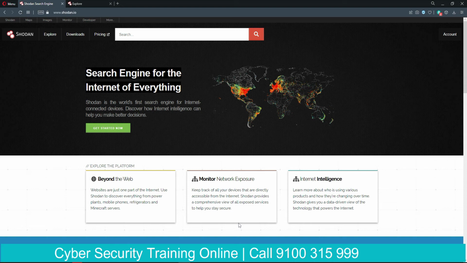We know the search engine is Google. So, normally, Google will search worldwide web pages for information based on the tags and search engine optimization, whereas Shodan, on the other hand, is a search engine for the internet.